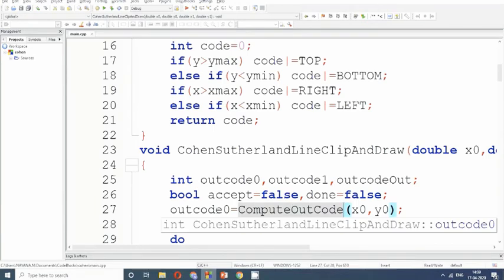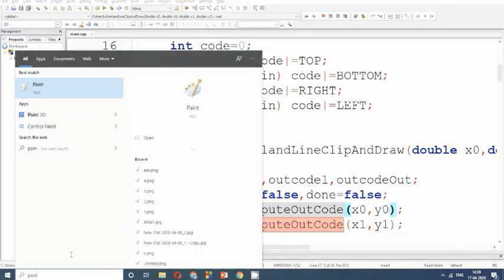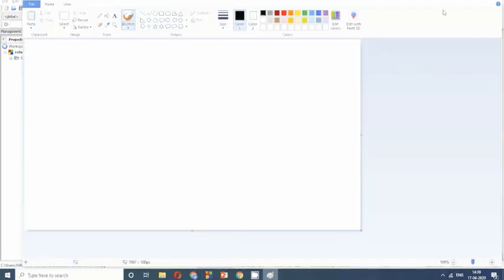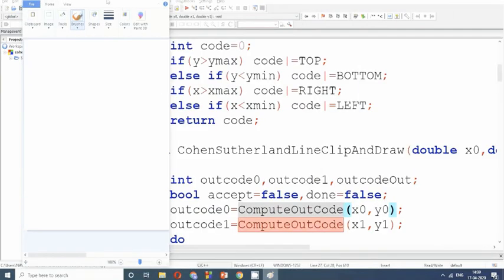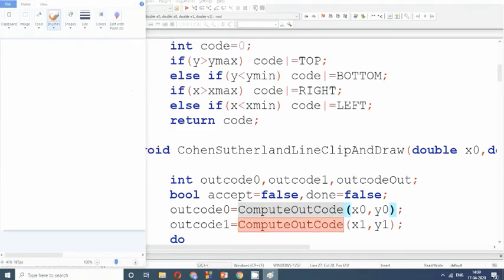So in compute outcode, we will take this example, outcode 0. I have my line here like this.